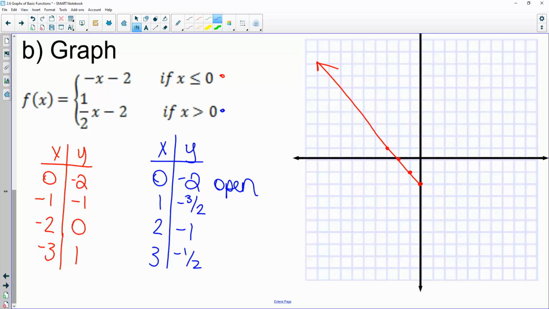What if you already have a closed circle there? You leave it closed. If you ever end up with an open and a closed circle at the same spot, you just leave it closed. Don't try to draw an open circle around it, okay? It's just a closed circle there. Then we have